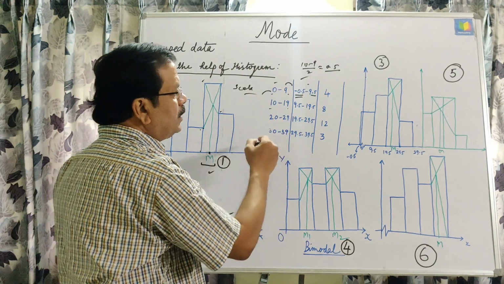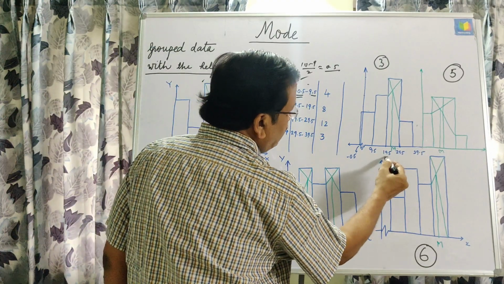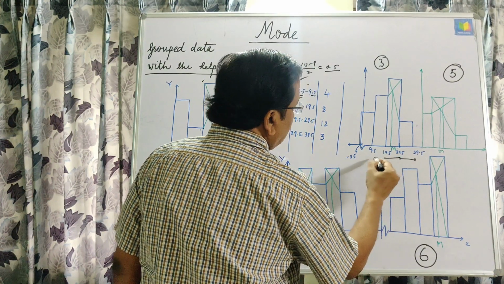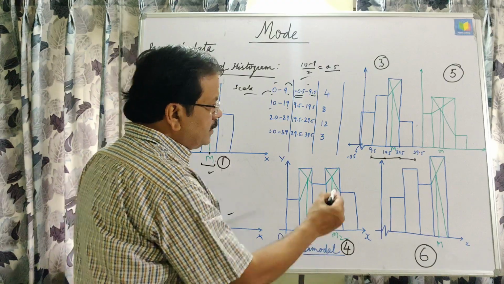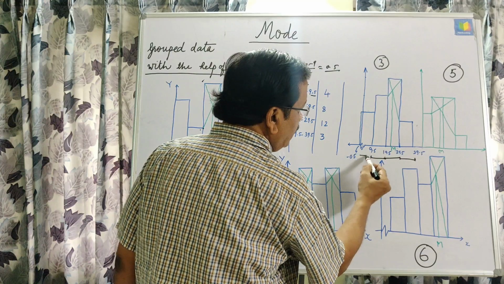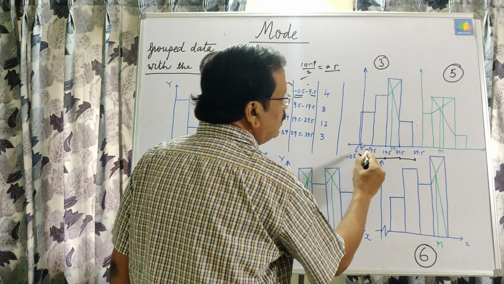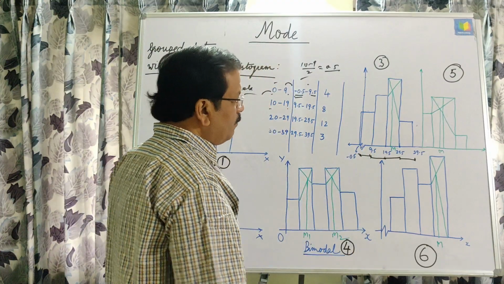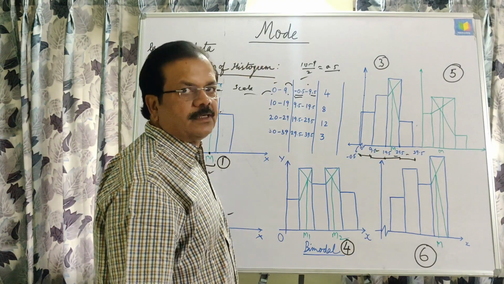And how can we draw the histogram? This is from minus 0.5 to 9.5. You can see here 19.5 to 29.5, this is the same, this is the same. Okay, but this is 0 to 9.5, and this is of 9.5 only, and that is why for the safer side you can draw a kink here. This will define the range 0 to 9.5. Once we are not getting the same class interval, then we use the kink also.